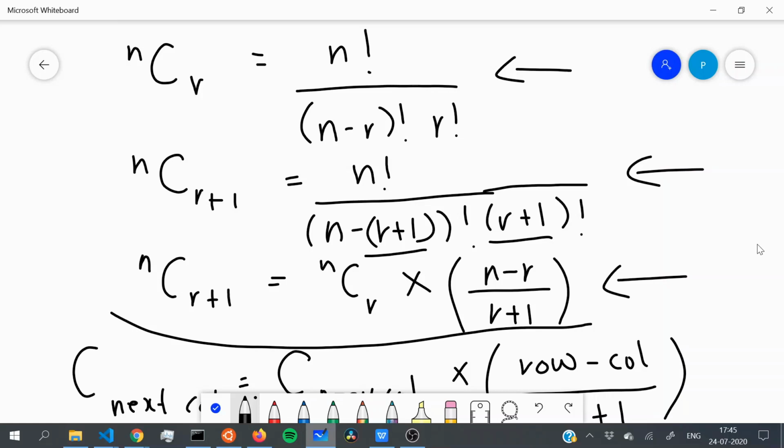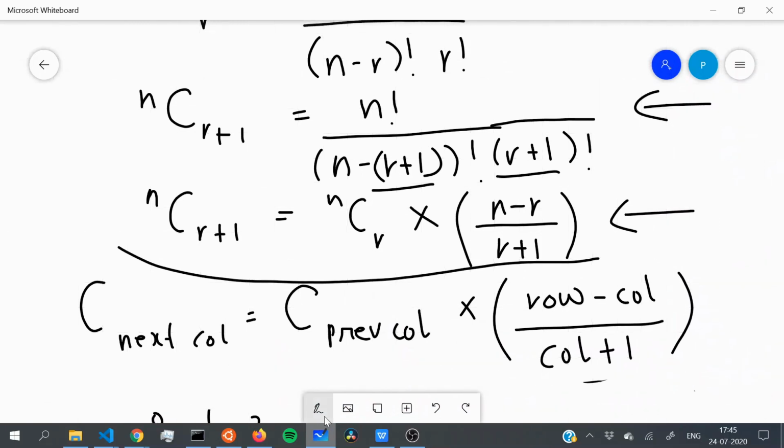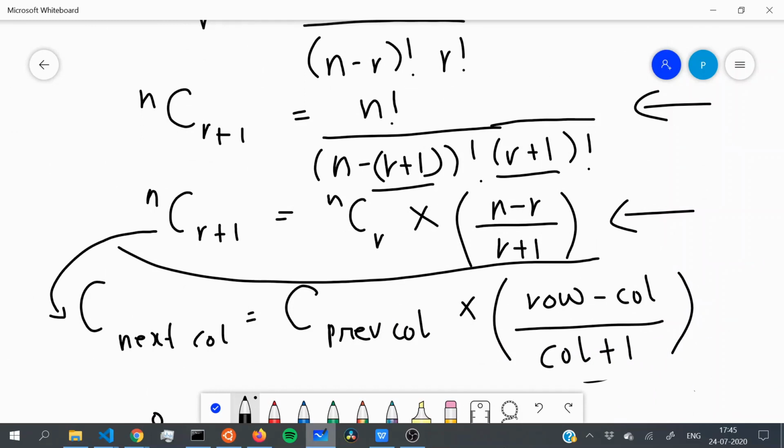And if we convert what we just saw into pseudocode, then this becomes: the next column value is equal to the previous column value multiplied by this formula over here, where n is replaced with row and r is replaced with column.